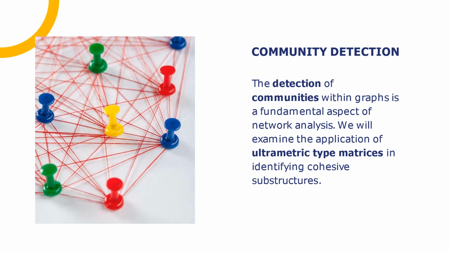Community detection is a process of finding groups of nodes in a network that are more connected or similar to each other than to the rest of the network. Community detection can help us understand the structure and function of complex systems, such as social networks, biological networks, communication networks, and more. There are different methods and algorithms for community detection, depending on the type and size of the network, the definition and measure of community, and the desired outcome. Some of the common methods for community detection are